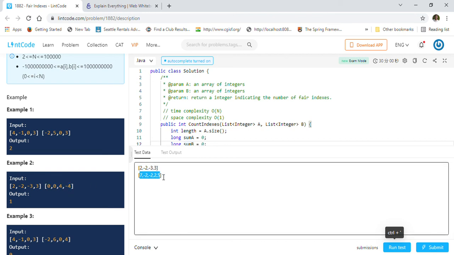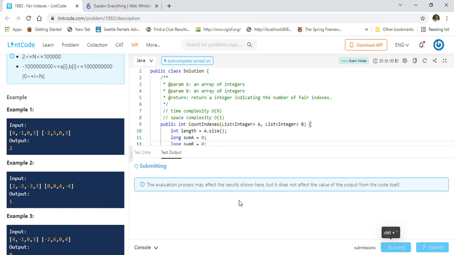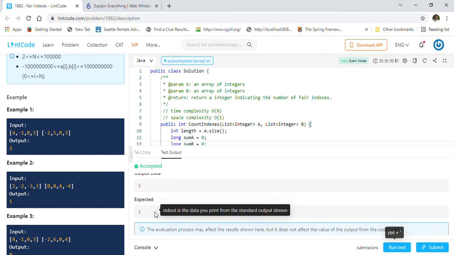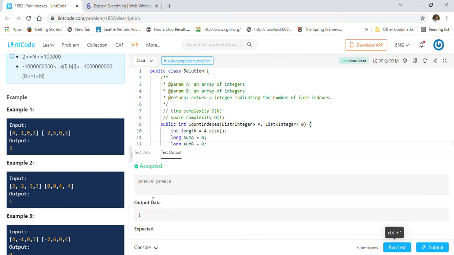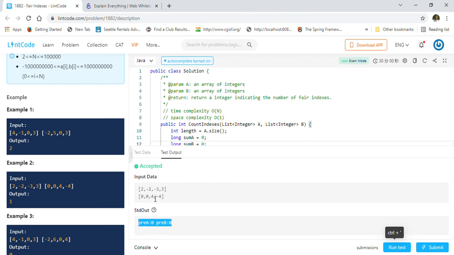So in this case the fair index is 1. As you can see, the fair index will be at this point, right, where you are taking this right side. So 0 you will get on the left side, and also 0 on the right side. So that is the fair index here, 1, right? So let's go through it. So yeah, 1 we got correct, and as I said, 0 is coming on left and 0 is coming on right. Once you divide it here, right also 0, left also 0, right? So let's submit this solution now.